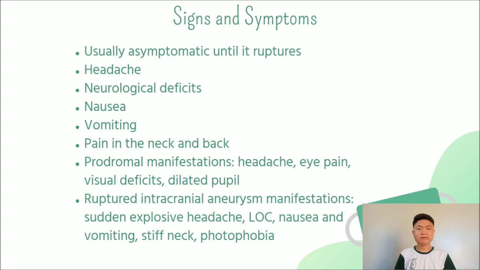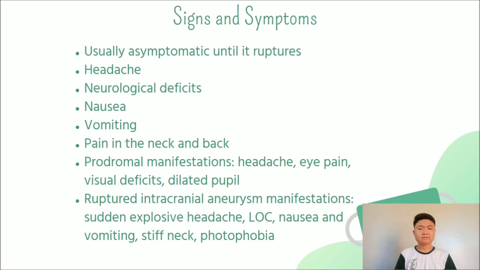Small leakages of blood may occur periodically, causing headache, nausea, vomiting, and pain in the neck and the back. The person may also have prodromal manifestations before the rupture occurs, such as headache, eye pain, visual deficits, and a dilated pupil. The manifestations of a ruptured intracranial aneurysm and subsequent subarachnoid hemorrhage include a sudden explosive headache, loss of consciousness, nausea and vomiting, a stiff neck, and photophobia due to meningeal irritation, cranial nerve deficits, stroke syndrome manifestations, and